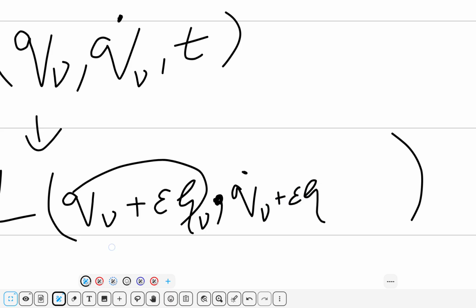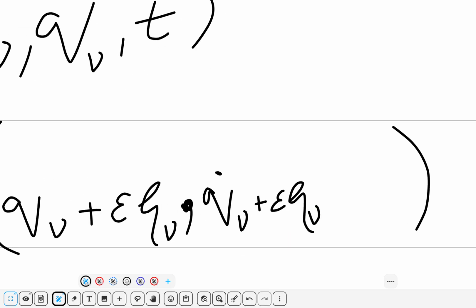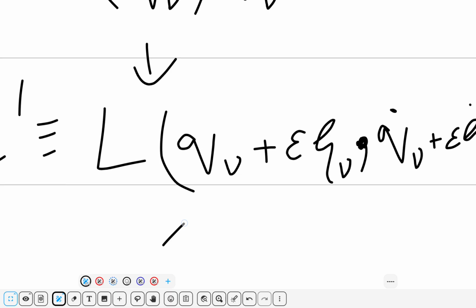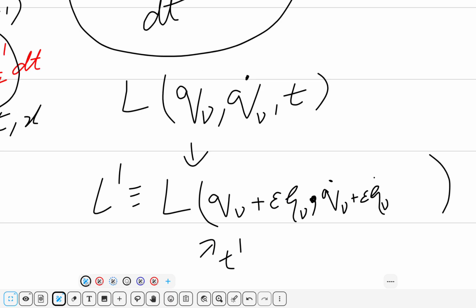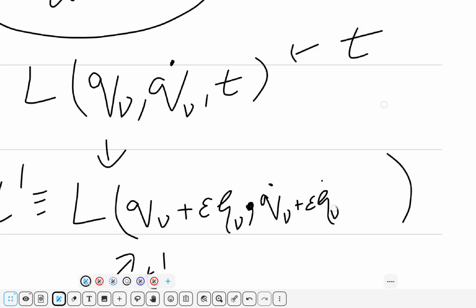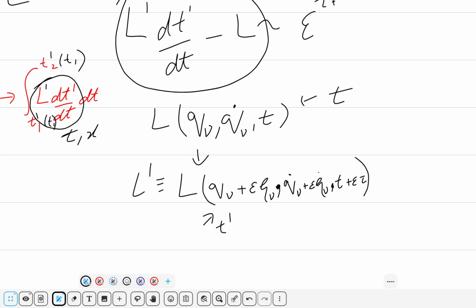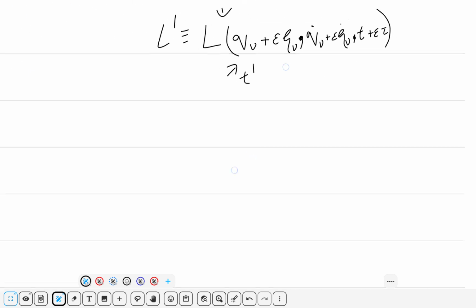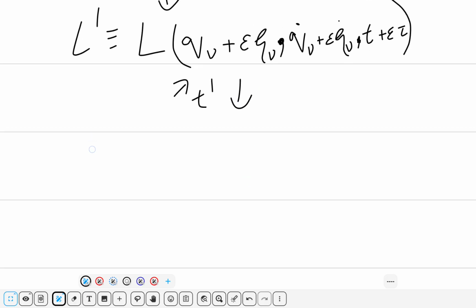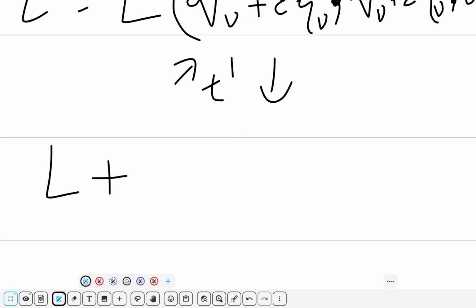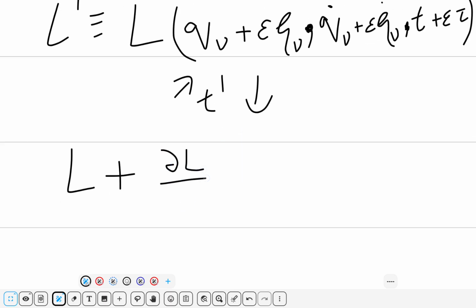Just differentiate it. But remember the time here is t dash in this space and here it is t. Finally, even the time is translated a little, so we do a little more math. So this will be written as the old Lagrangian plus del L by del coordinate